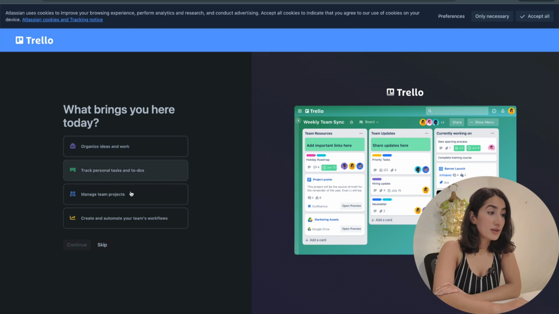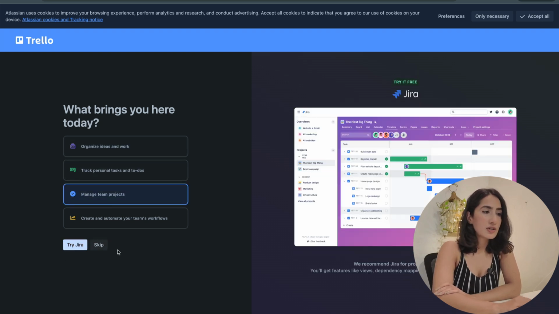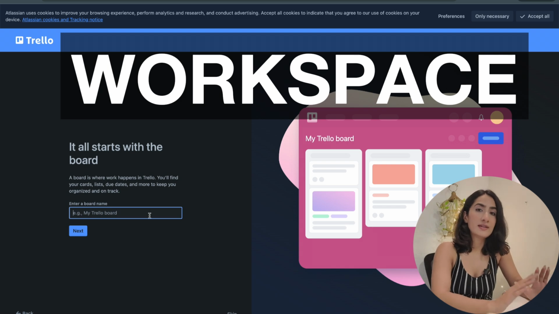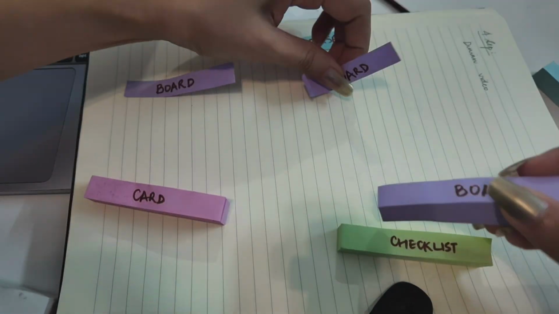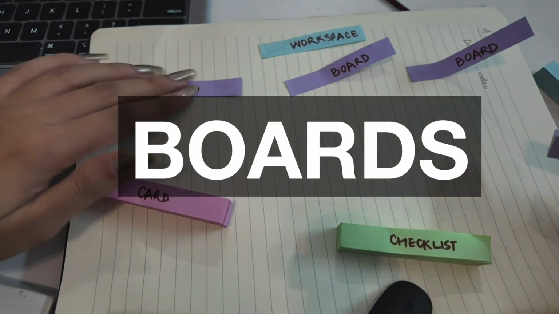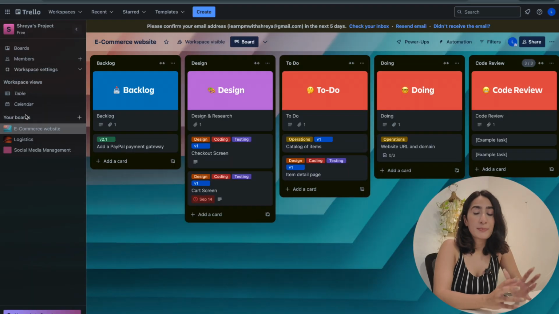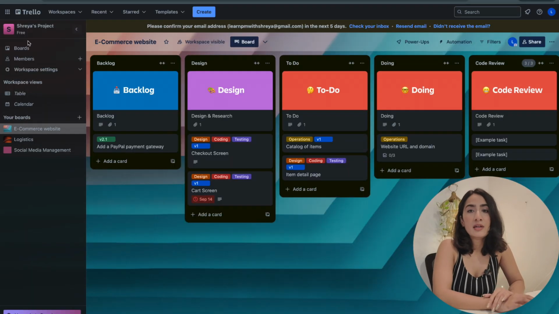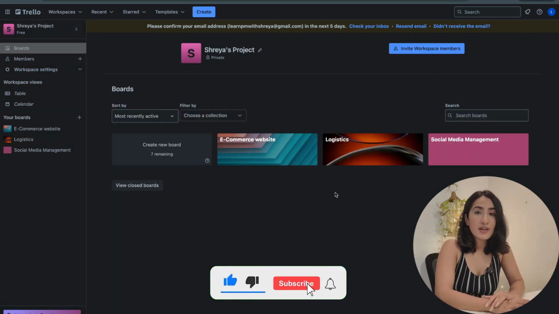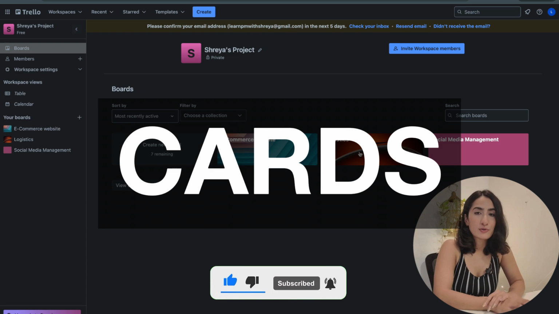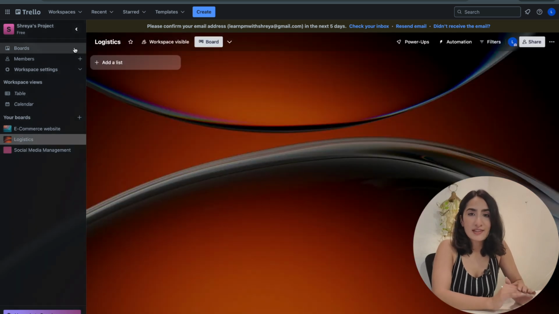And once you're done, you will be able to see the screen, which is inside your workspace and inside a board that Trello has already built for you. Now, what's a workspace? A workspace is like a broader project, or maybe for separate clients, you can have separate workspaces. And then under workspaces, you will have different boards. Those boards can be for separate teams or separate mini projects inside a certain company or a bigger project as well. And then inside the board, you will have cards and we'll go through those as well, but I hope you understand the hierarchy here.